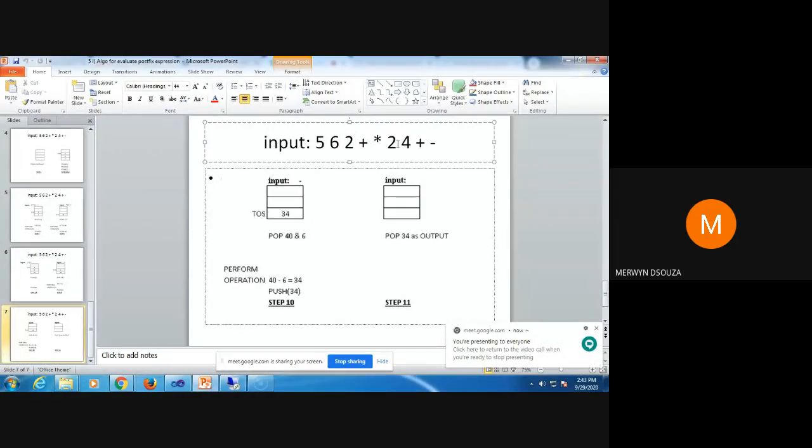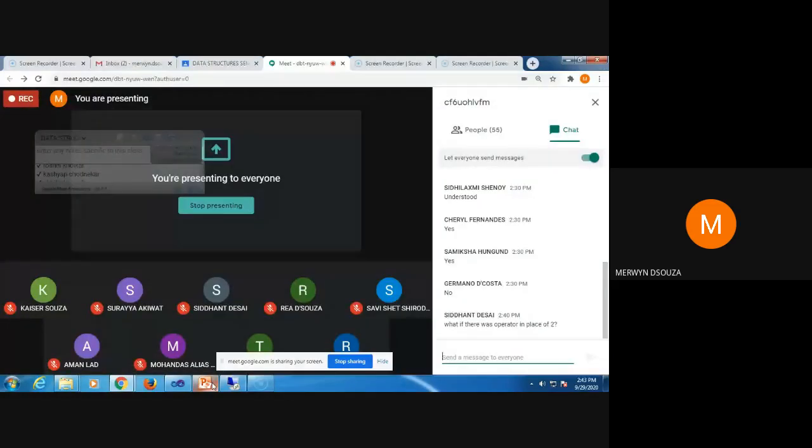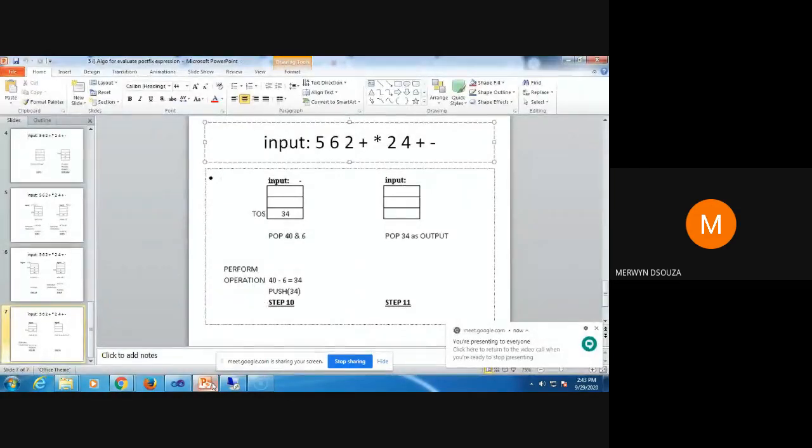Then you have to check whether it's a valid postfix expression, Siddhant. It has to be a valid postfix expression. If you say there's an operator here, then you have to check whether that expression would be valid or not. If it's a valid postfix expression, then you get the answer.